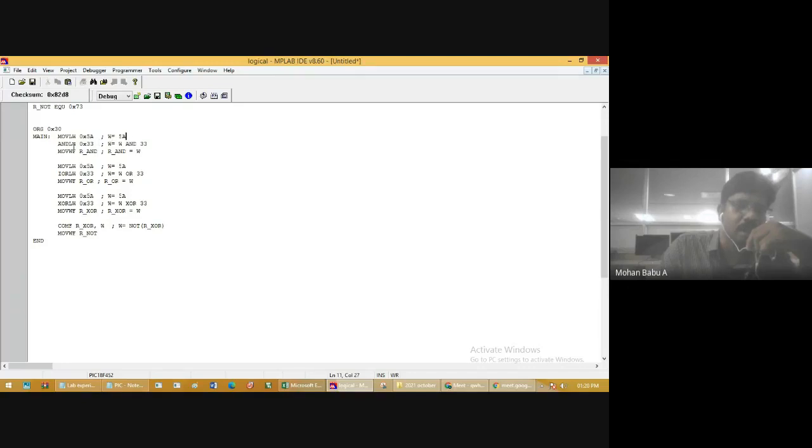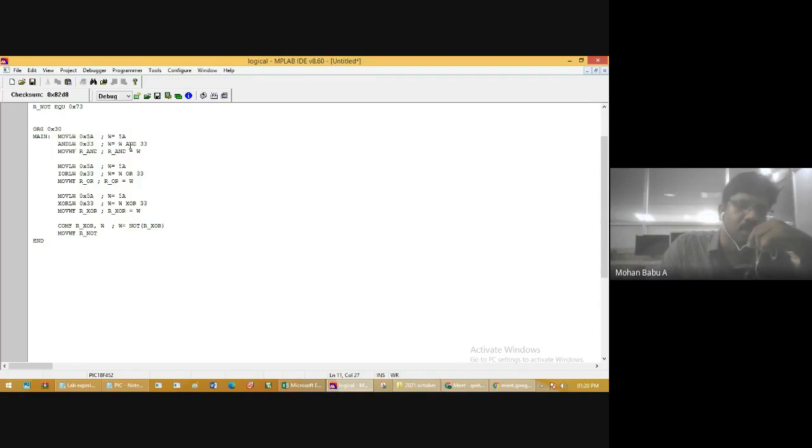And ANDLW 0x33. What will this instruction do? This will perform the logical AND of the value 33 with the value 5A. The literal value is 33, the working register value is 5A.